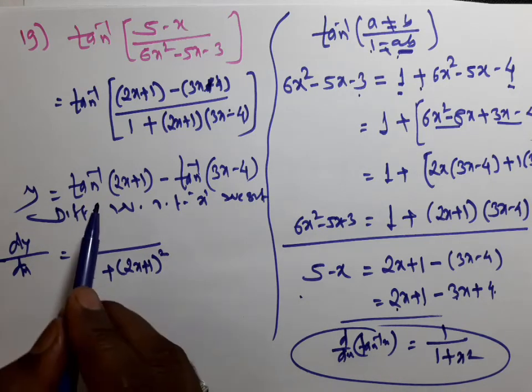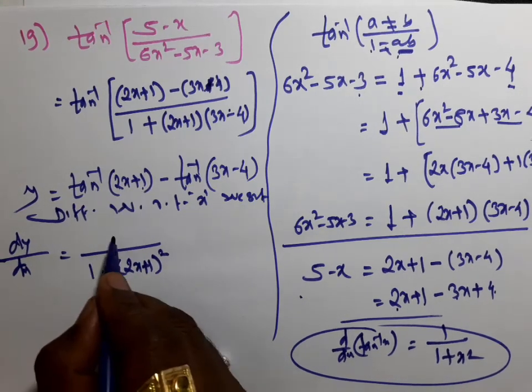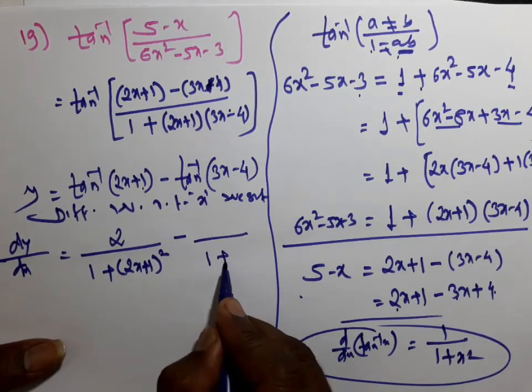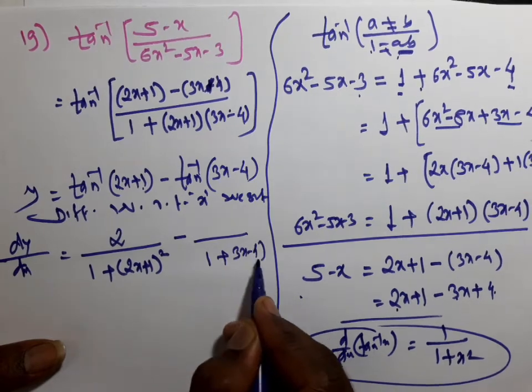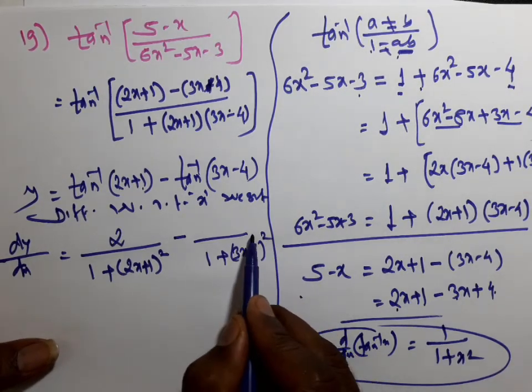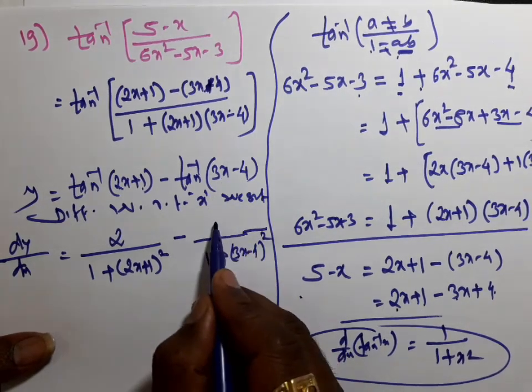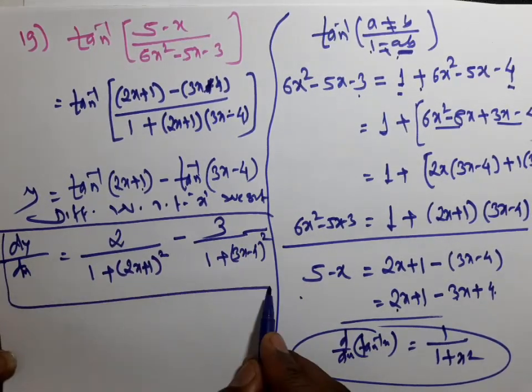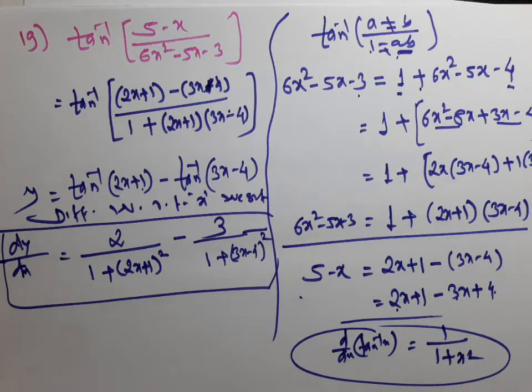Since it is a composite function, the derivative of 2x plus 1 is 2, minus 1 upon 1 plus (3x minus 4) square. It is also a composite function. The derivative of this is 3, and this completes the derivative of this example. So this part is important. If you understand this,